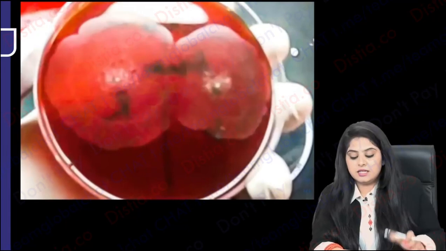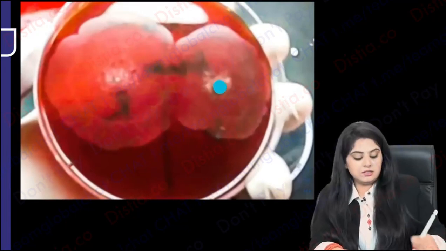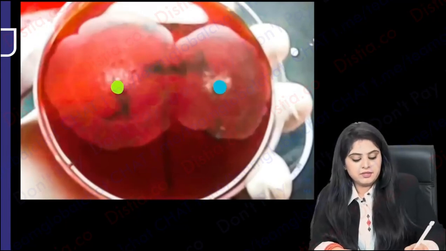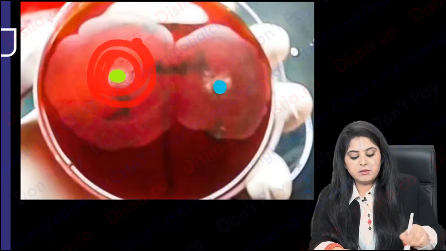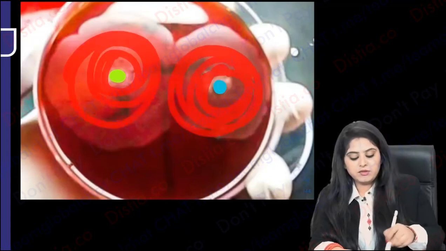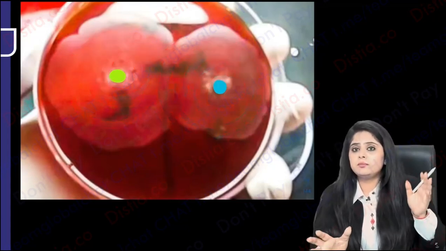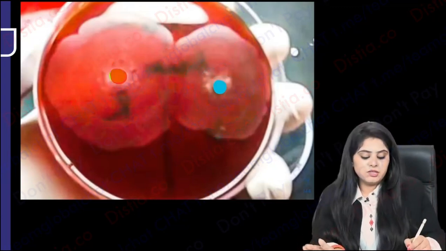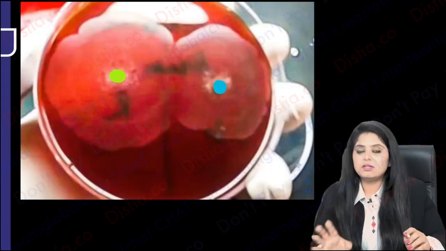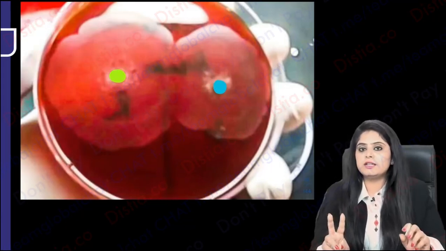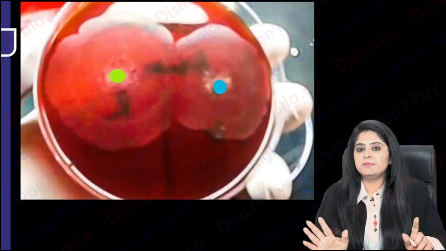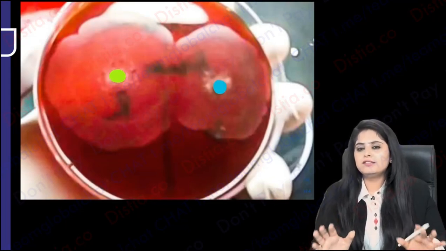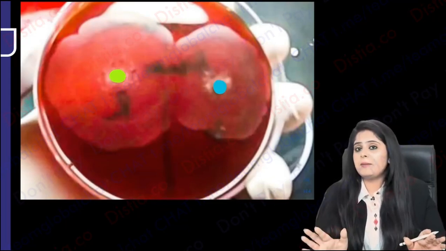You'll take this blood agar, you will put one strain over here and one strain over here, right? Both the strains you have kept. Now this will start swarming from here, and this will also start swarming from here. Right now you don't know whether they are from the same family or not. Now tell me, two scenarios: you have a meeting fixed with your best friend versus a meeting fixed with your enemy. Whom are you going to hug as soon as you meet? Whom will you be very, very happy to meet?